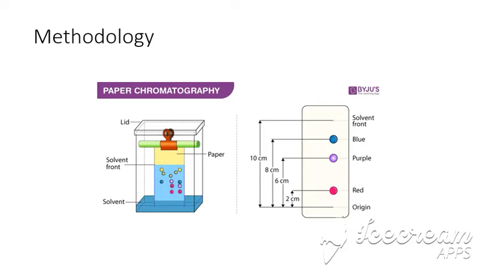After the development, after the separation of the particles, this stationary phase, this particular filter paper, is called the chromatogram, and all the three colors, as you are looking at the picture, blue, purple, red, are separated. Before this, it is just a sample, a mixture. So we have applied a simple paper technique to separate, to isolate these compounds.